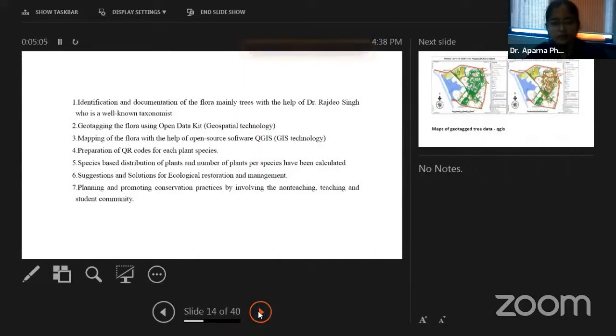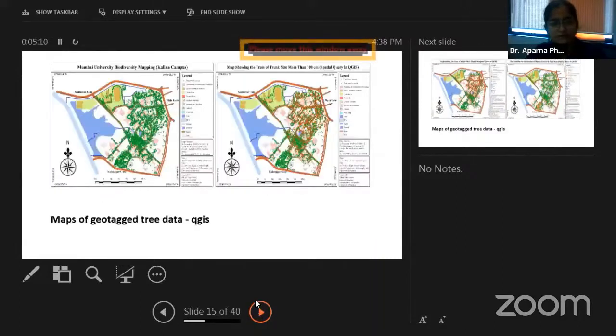And you can see some of the objectives. I'm not going to read them out because it is just 12 minutes. What we could achieve was a very beautiful mapping. If you can see in this first map, these are the 5,357 trees we could geotag. And we did not just geotag the trees, but we also emerged with entire documentation of trees